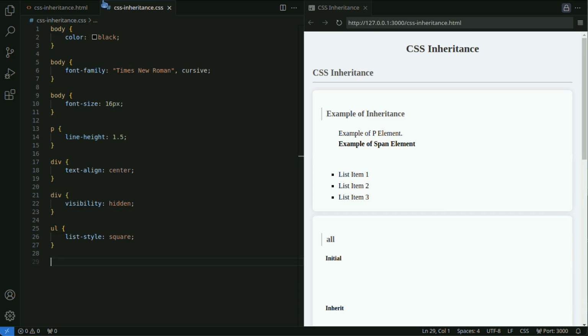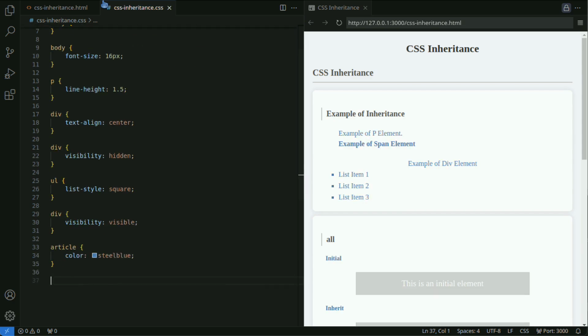As an example of inheritable styles, let's apply text color to an article element. In this way, the text color is applied not only to the article element but also to its child elements.